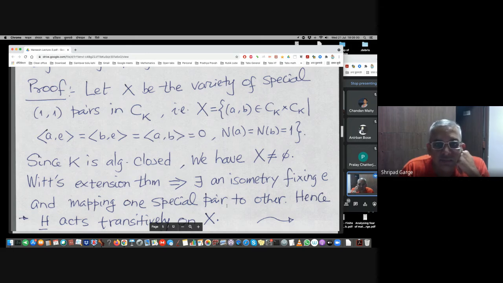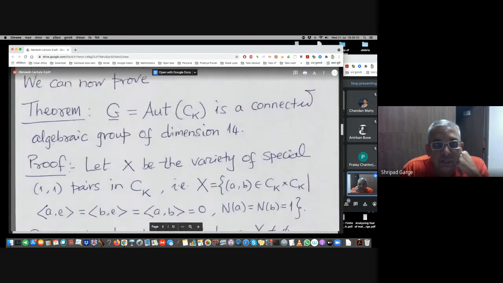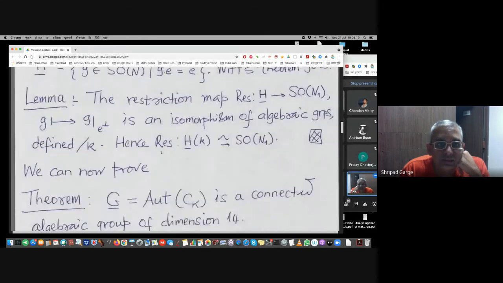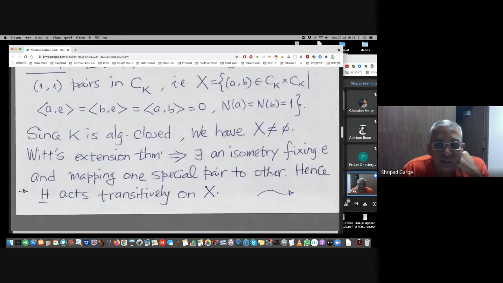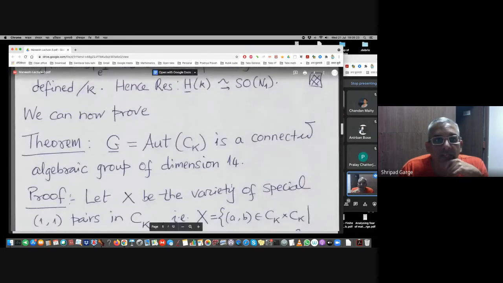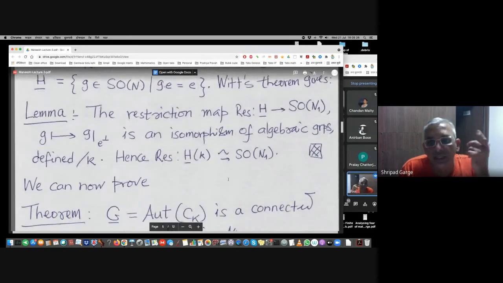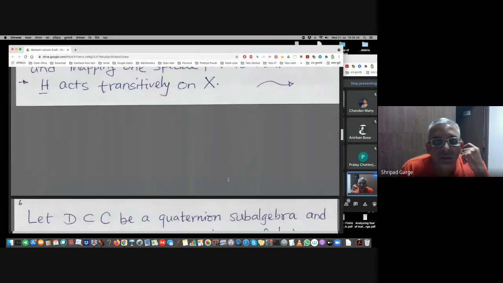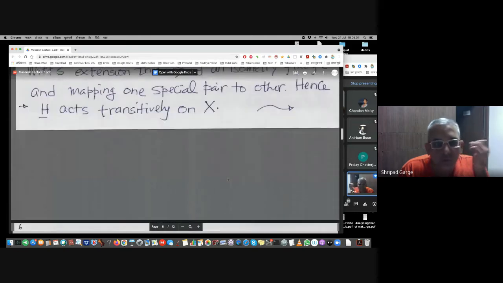So this isometry will be preserving the identity element. Therefore, it belongs to this H bar. This is something which preserves identity. And because we have some liberty at hand, we can make the determinant of that isometry 1. So it is actually in SO. We have that H bar is something in SON, so that determinant can be made to be 1. So that is all right.